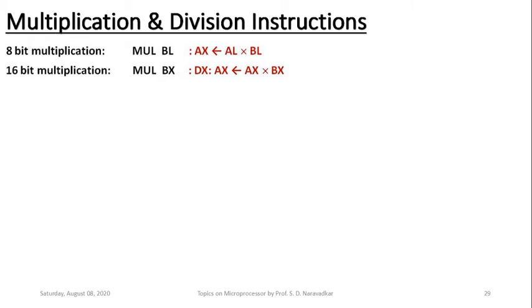These two 16-bit contents of AX and BX will be multiplied together. 32 bits of product will be generated, and these 32 bits of product will be copied to a register pair DX AX. The upper 16 bits of the result will be copied to register DX, and the lower 16 bits of the product will be copied to register AX. So that way 16-bit multiplication is performed here.